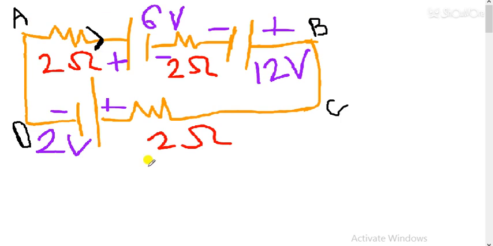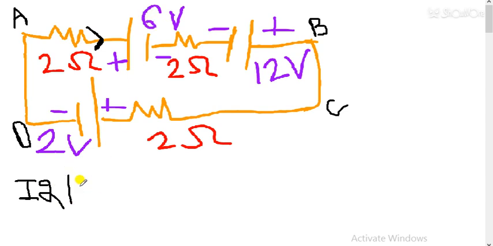Applying the first law, second law here, because first law is not required, KCL is not required, no junction is forming. So current I is flowing and we are moving in the direction of resistance, so the equation will be I into R, that means 2 into I, you can say. We are moving in the direction of current, that means we have to take positive value. Now we are moving in a battery from positive terminal to negative terminal, so we have to take it as positive.